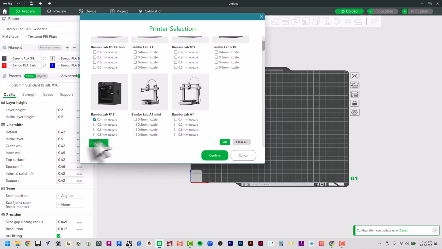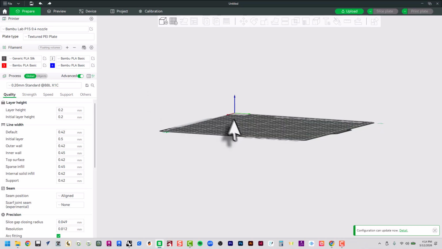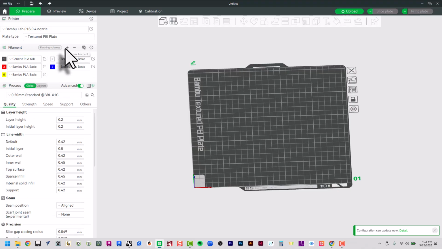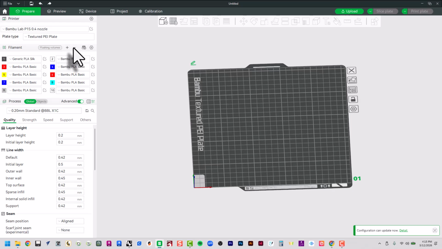If you're using the textured PEI plate that comes with it, you're going to want to select textured PEI plate. It'll say on the side of the textured plate right here on the side. So you'll know exactly what plate you're working with. If you're using the AMS system on our P1Ss here at school, which can use up to 4 different spools of filament and color, you're going to need to click this plus button until you get up to four filaments. As you can see, I already have 10 now. If I just hit the minus sign, this would allow me to use multiple different colors at whatever stage that